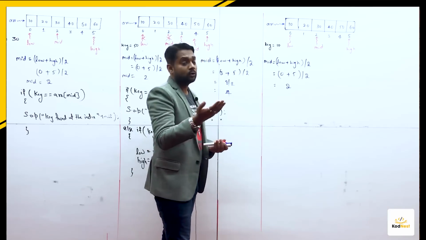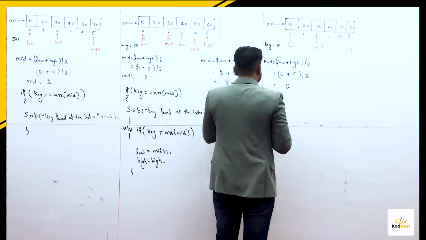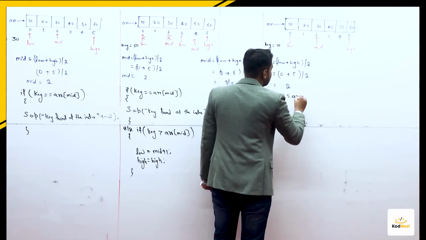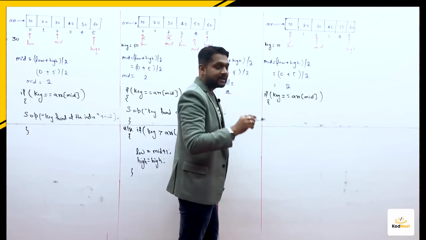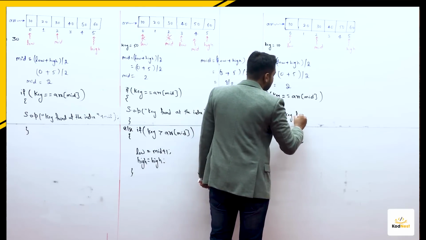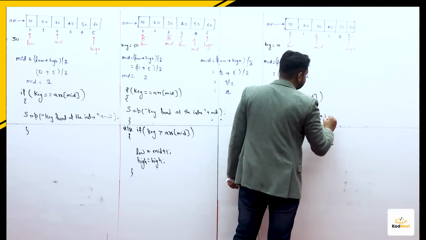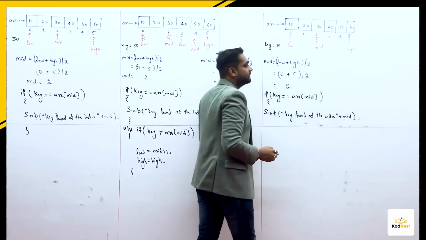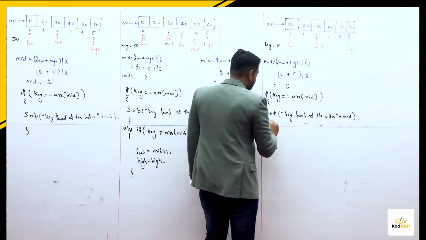Okay sir, next what? Once you calculate mid, what you have to do? You have to check if at all the key is matching with array of mid or not. If it is matching, you know what you have to do? You have to tell system.out.println key found at the index. Print whatever is there in mid. Because mid will be pointing to some index. There only, if it is matching, that index we are printing. Else,